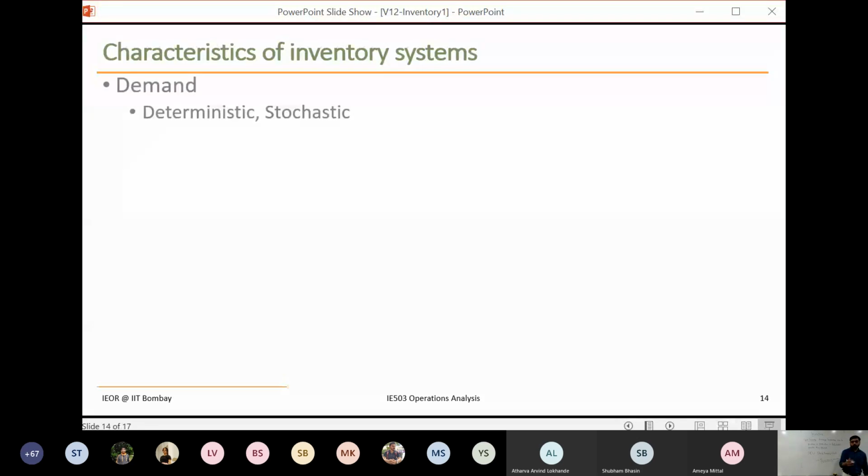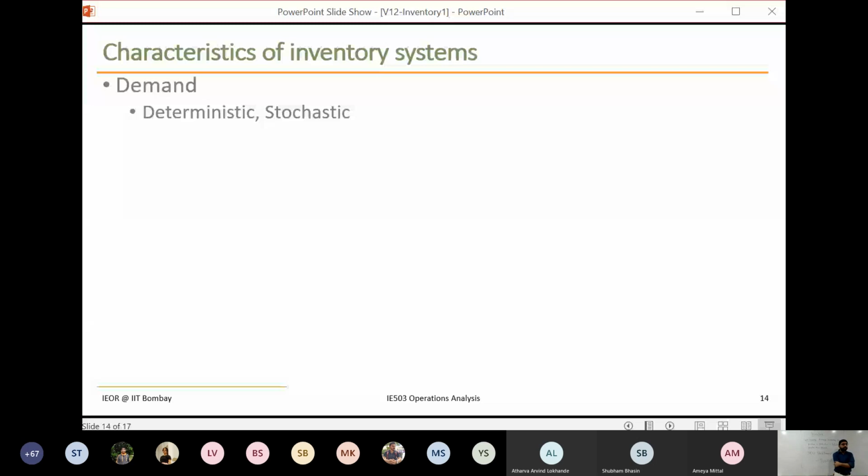Okay. So now we are going to be looking at inventory systems and coming up with some good analytical models to see how we can manage those inventory systems. That's pretty much what we are going to do. In that, we are going to be looking at various things that play a role in the actual model that we develop.